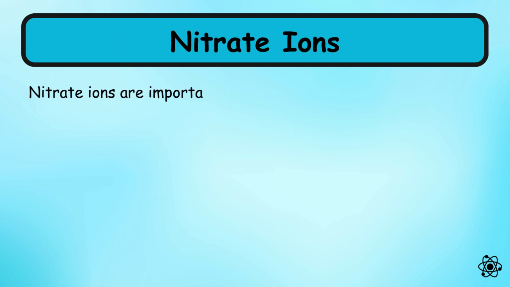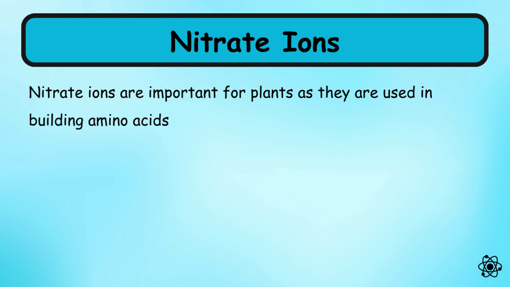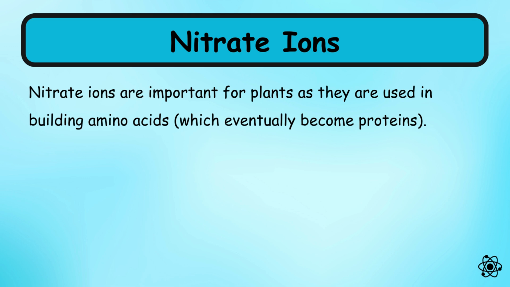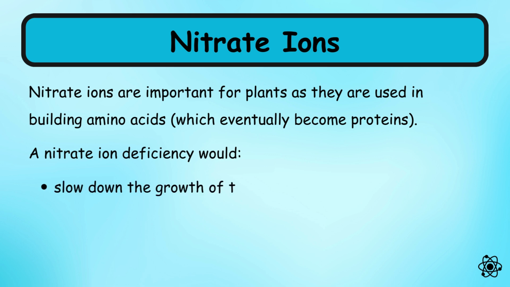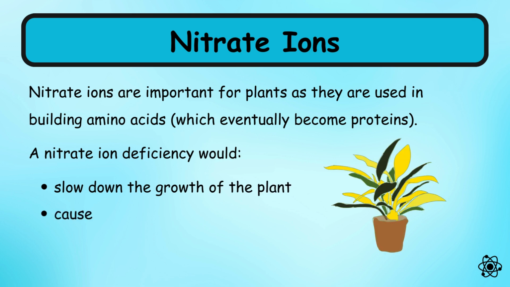Firstly, nitrate ions are important for plants as they are used in building amino acids which eventually become proteins. A nitrate ion deficiency would slow down the growth of the plant, that is, the stem would weaken, the leaves will turn yellow,